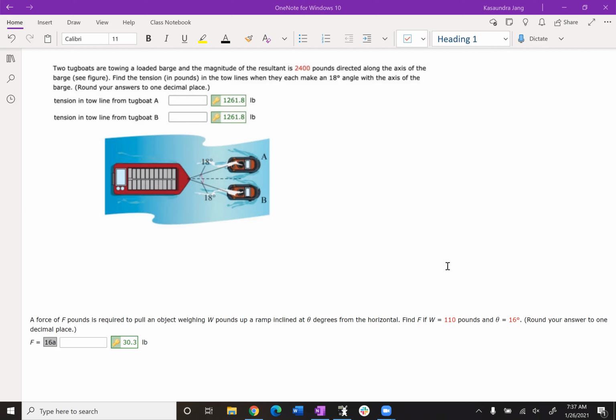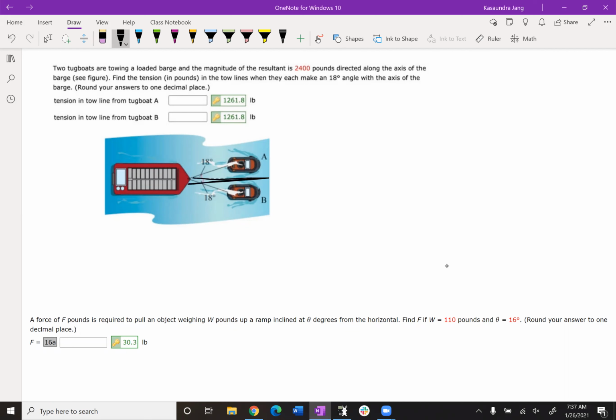So this one, the first one here: two tugboats are towing a loaded barge and the magnitude of the resultant is 2,400 pounds directed along the x-axis of the barge. So here's my x-axis right here, it's the direction it's going in. Find the tension in pounds in the tow lines, given that they each make an 18-degree angle with the axis